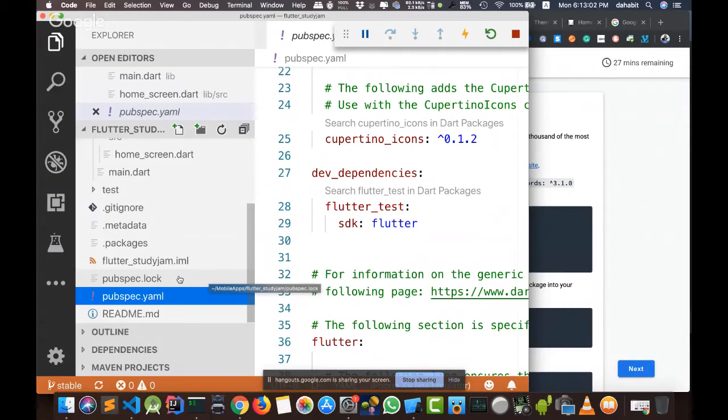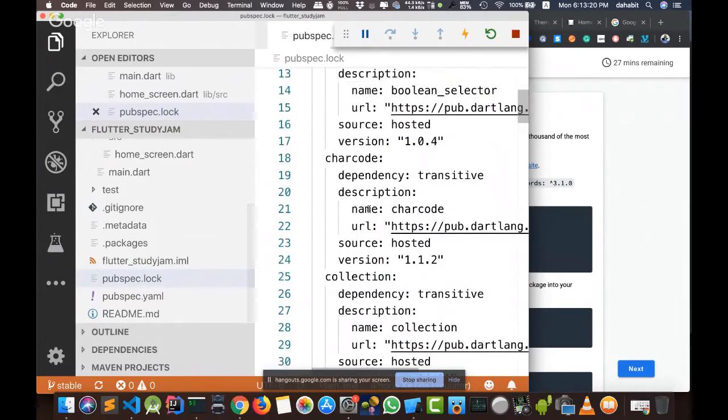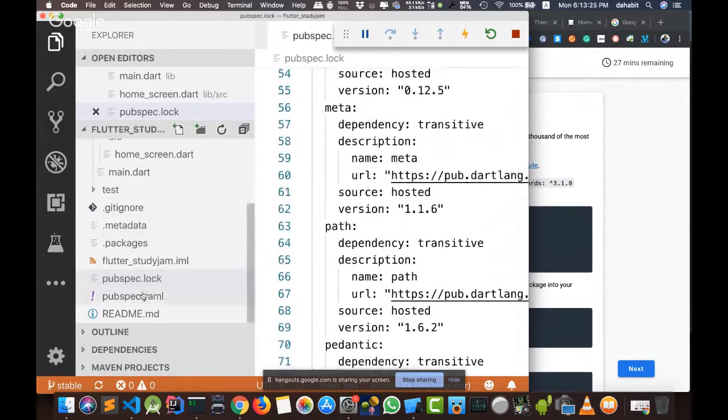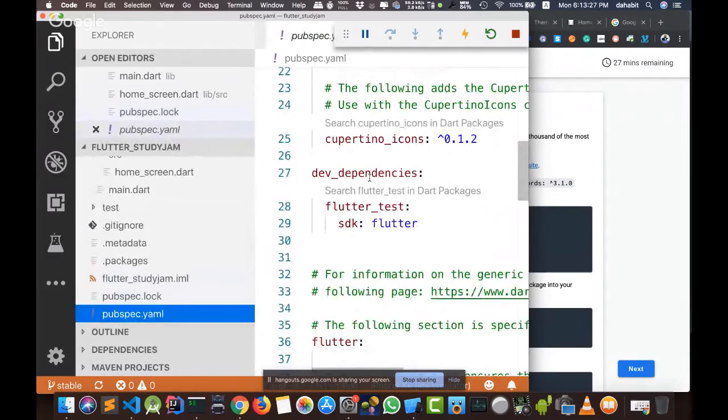For example, in the PHP world, there is composer.json and composer.lock, and in the Node.js world, there is package.json and a lock file that holds the specific version that you are using, to allow you to share the code between you and other developers easily.